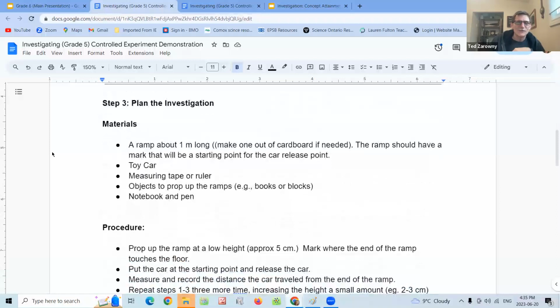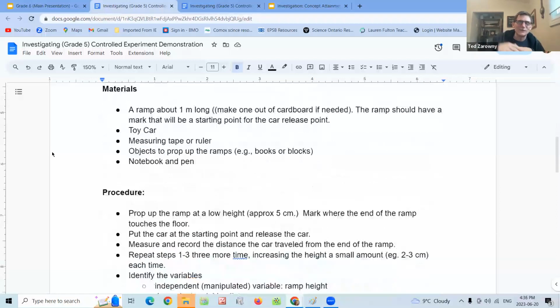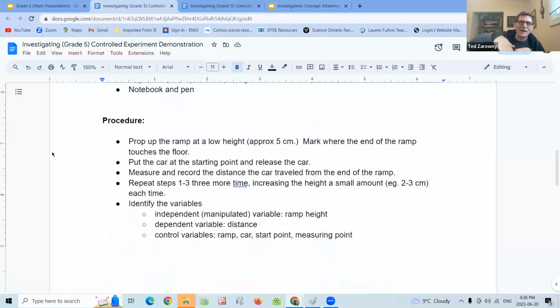And it goes through all the steps, what to do when you're just testing the effect that the height of a ramp has on the distance of a car that rolls down the ramp. So the manipulated variable is going to be the ramp height. The dependent variable that we're just going to keep checking all the time is the distance, and how does that change when you change the height of the ramp, which is the independent variable. And it just introduces kids to those concepts there. It might be one you want to try.